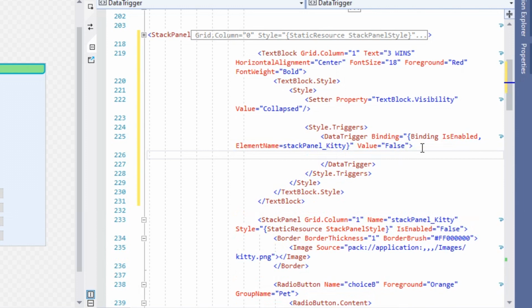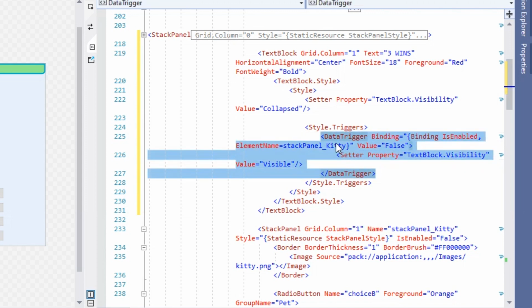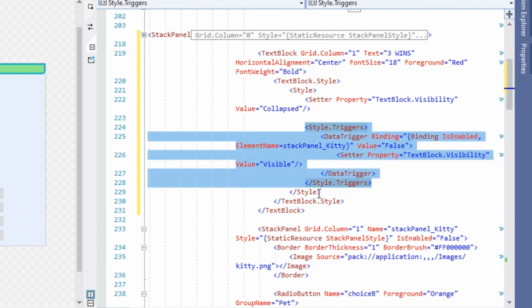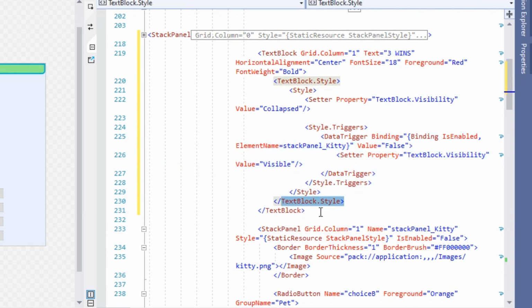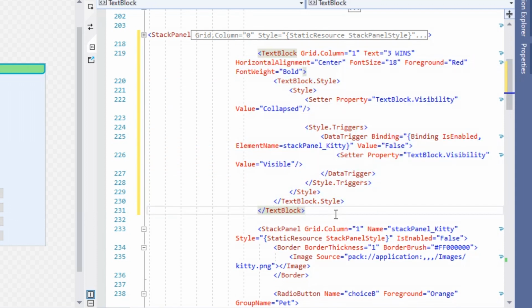If it is, we set the property text block visibility to be visible, like this. Again, you put a setter inside a data trigger, which is inside style triggers, which are inside style, text block style. And all of this refers only to this text block.